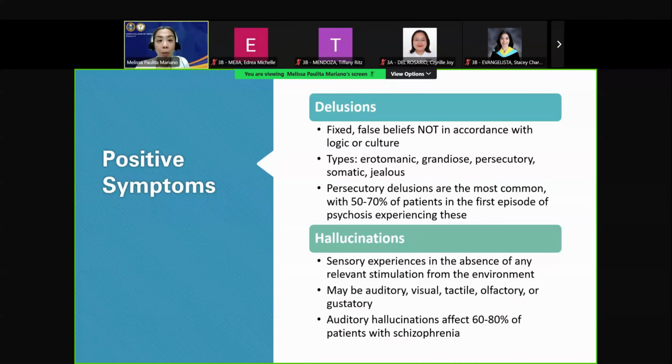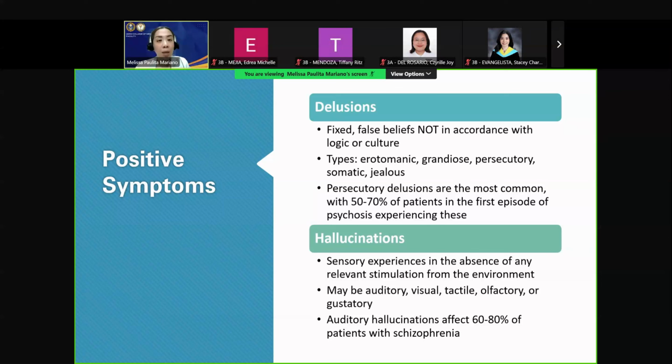For example, when you watch a magic show, there's a rabbit being pulled out of the hat. That's not a hallucination because there was that trick in the environment that the magician was doing. That we call an illusion or a misperception, but there was a stimulus. When we say hallucinations, there is a sensory experience, meaning any of your 5 senses could be involved, even if other people can't sense these. So these can be auditory, visual, tactile, olfactory, or gustatory, all your 5 senses, not all at once, very rare.